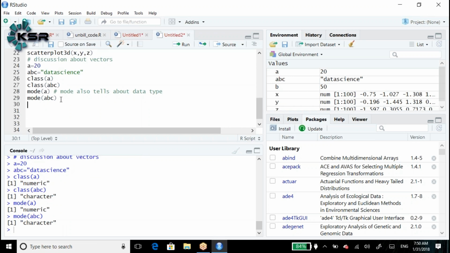Now in this case, how many objects am I able to create? I am able to create only one object at a time. A is equal to 20, right? Let's assume this is the classroom. In the classroom, we have people of different ages.